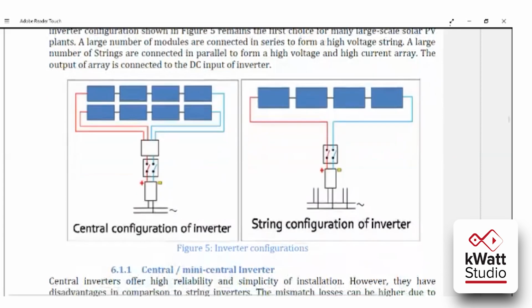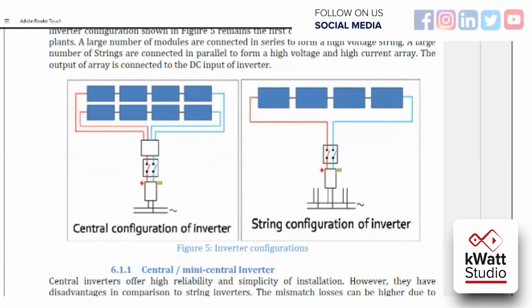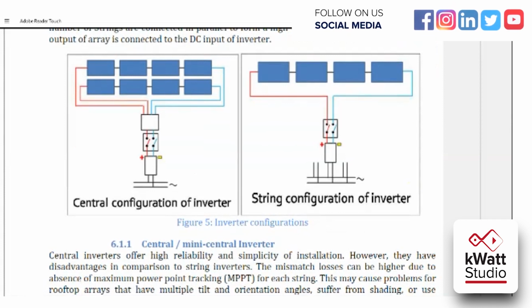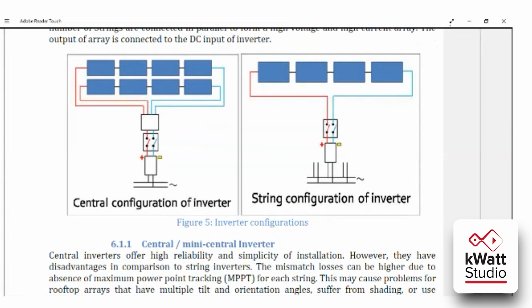So basically string inverter and center inverter both are the same. You just first understand what is micro inverter. Micro inverter is nothing but a small inverter which is placed on the back of the solar module. String inverter and center inverter both are the same, only the capacity is different. String inverter is available from 1 kilowatt to 80 to 100 kilowatt, and center inverters are available in the range of 100 kilowatt to 1 megawatt.